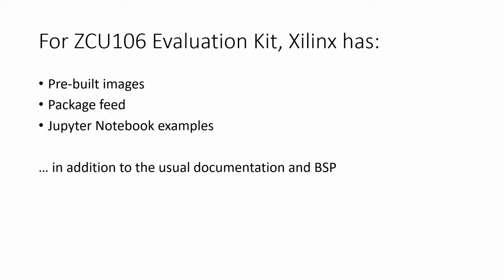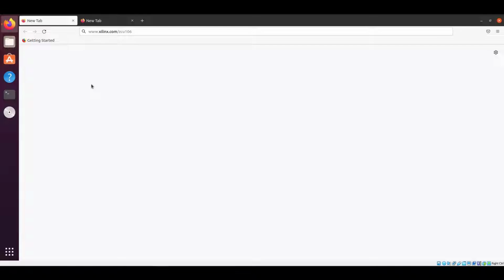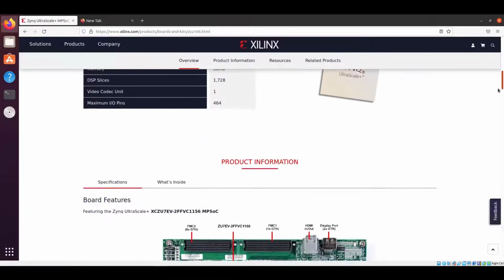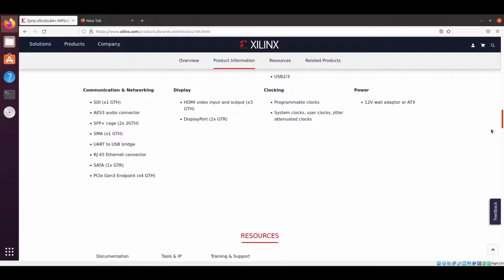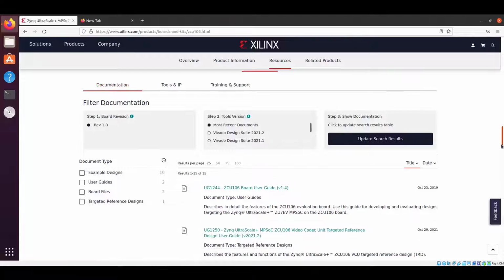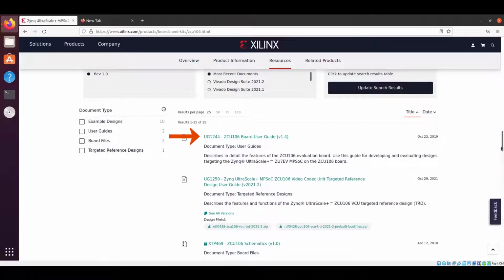Let's see what Xilinx has published for us to get started with the ZCU106. On Xilinx.com, there's a shortcut, www.xilinx.com/ZCU106, to help us get to information about the ZCU106 board. If we scroll down, in the Resources section, under the Documentation tab, we can find board information like the user guide and the targeted